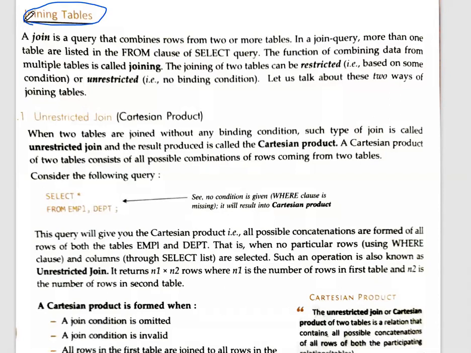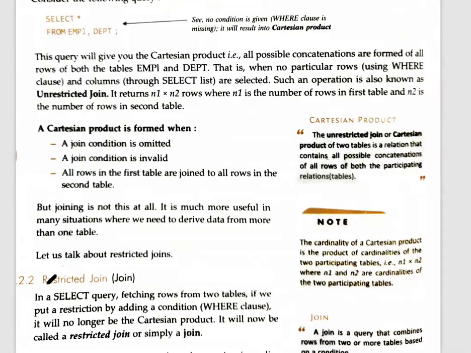Suppose we wanted to combine multiple tables, meaning a few columns from the first table and a few columns from the second table. If you wanted to combine them, it is called joining of the tables. It is also given over here: combining multiple rows of 2 or more tables. Now, when we talk about joining, we have two types of joining. First is the unrestricted join, where we have not given any condition. And the second is the restricted join, where we are giving some conditions. In restricted join, we will again have many other options.